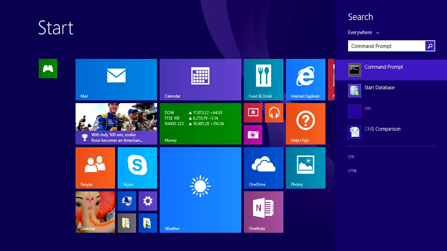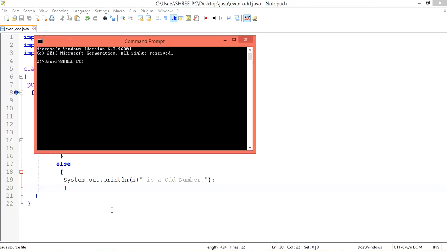Open command prompt, go to my file path: cd desktop, cd java, and compile my even underscore odd dot java file with javac even underscore odd dot java. My file is perfectly compiled. After that we execute this file.